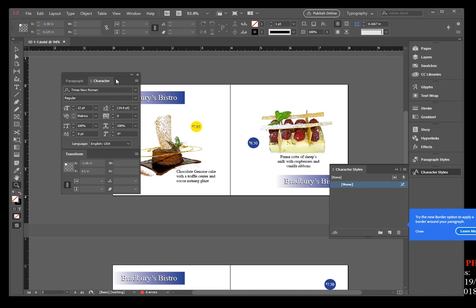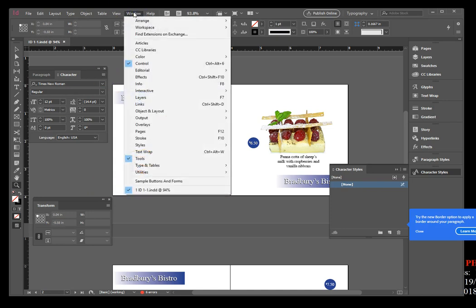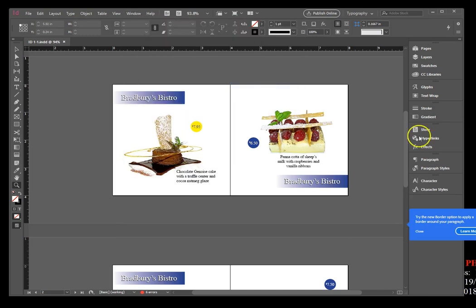Click the dark gray bar at the top of the panel group, found above the Paragraph and Character panel name tabs, and drag it in different directions so that you can see how they're all grouped. Click the Transform panel name tab and then drag it away so that they're no longer docked together. Click Window on the menu bar, point to Workspace, and then Reset Typography. So everything's back to the default position. I'm going to hit close on that little space. Okay, we're going to move forward,